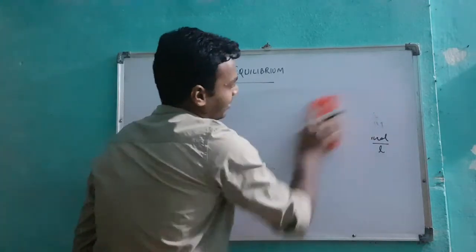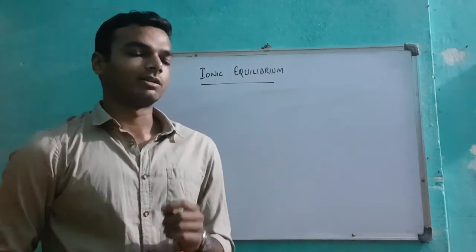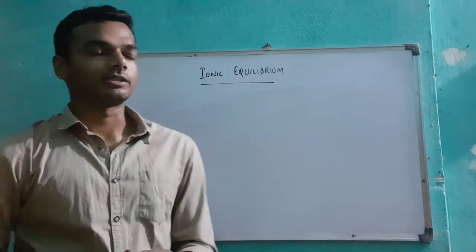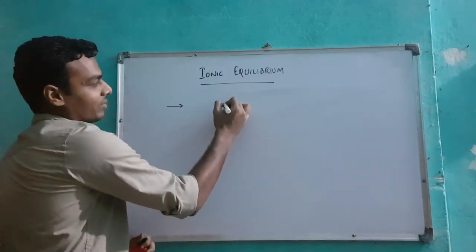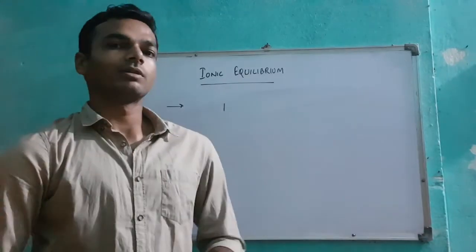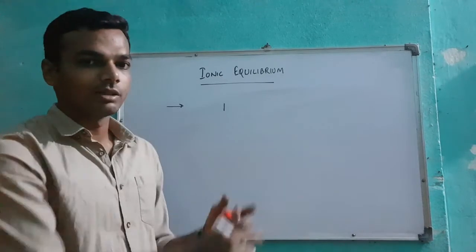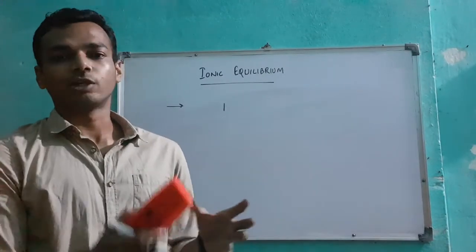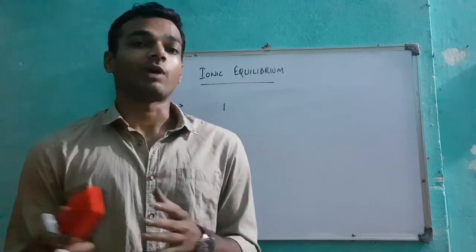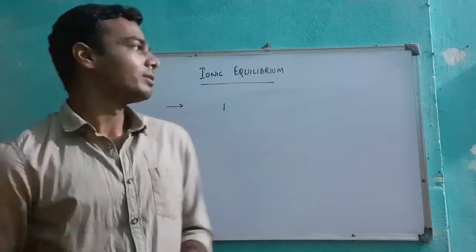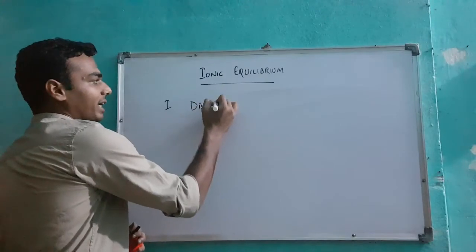Before delving into the further topics, let me clear some of the main glossaries or the basic keywords that are required to understand this chapter. Chemical equilibrium talks about chemicals which react with each other and produce chemicals. So there are no ions in chemical equilibrium, only molecules that react with each other. But in ionic equilibrium, we will see how molecules will be dissociating into ions, precisely a base or an acid.